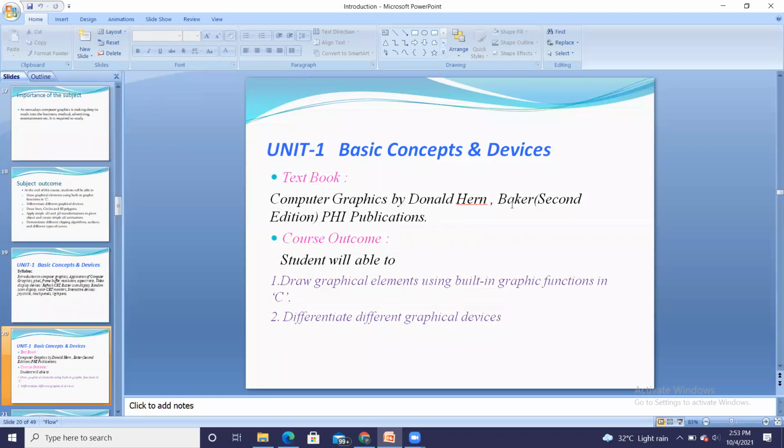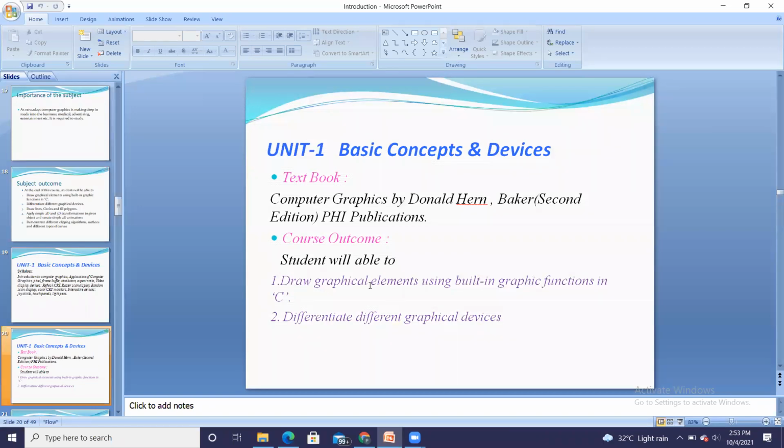For that, you will be using the first textbook by Hearn and Baker. That is there in the textbook list. And what is the chapter outcome? By learning this chapter, we are going to get two outcomes which I have specified earlier.